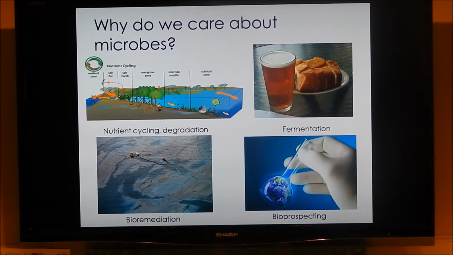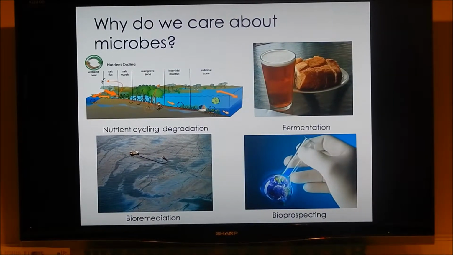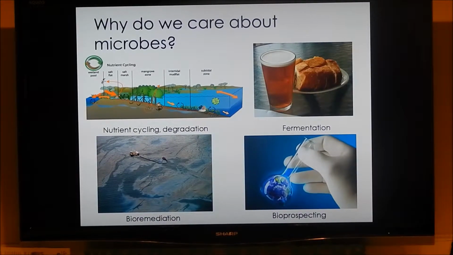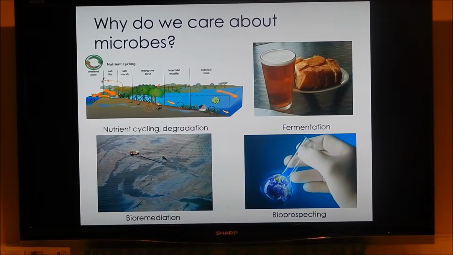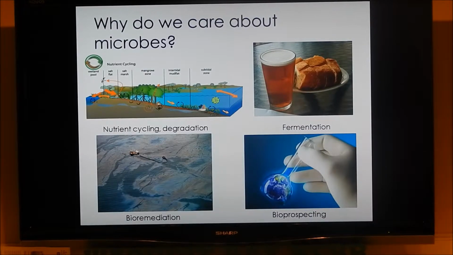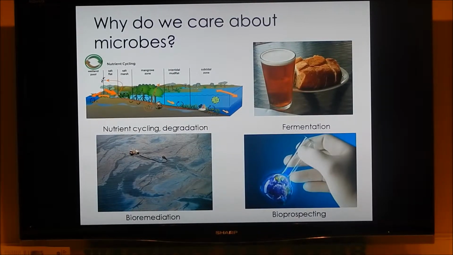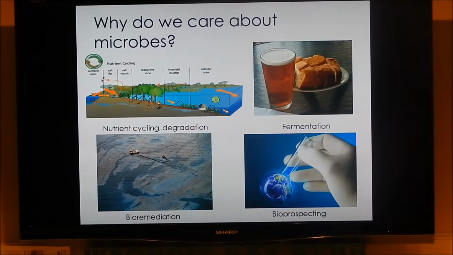Humans use microbes for bioremediation, which I'm showing in this picture. Microbes can eat very different things compared to what we can eat, and we're able to exploit those capabilities to engineer bacteria that can eat oil up and clean up our messes. And then we also use microbes for bioprospecting. This is sort of going out into the environment, looking at microbes and what chemicals they're producing, finding out what those do, and then using them for our own uses. An example of this that we're going to talk about in more detail is penicillin. That's a common antibiotic that we were able to find and then use for our own purposes.